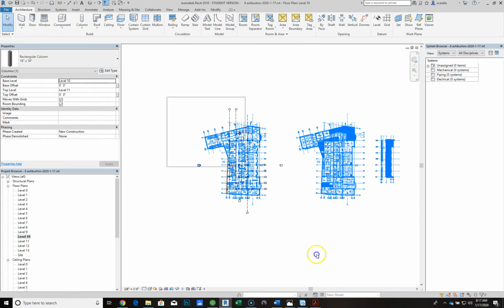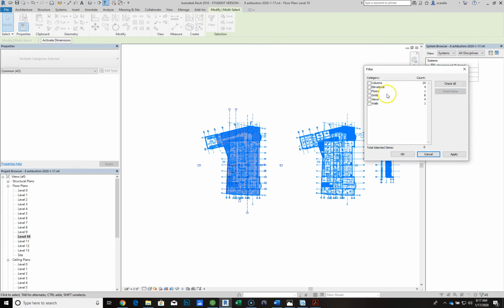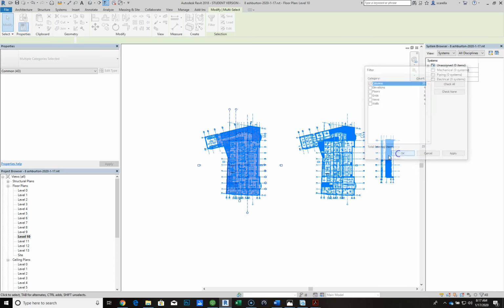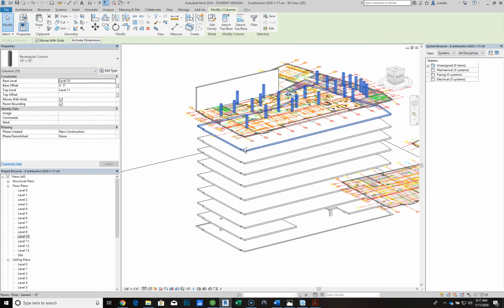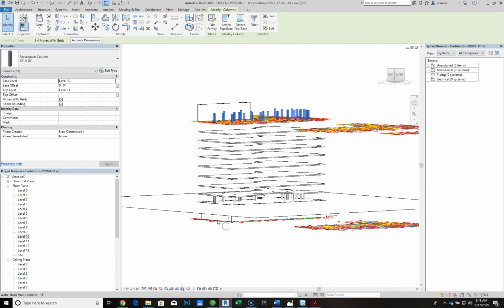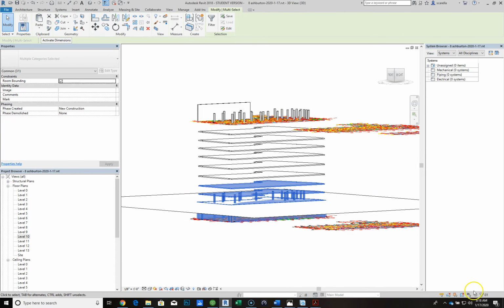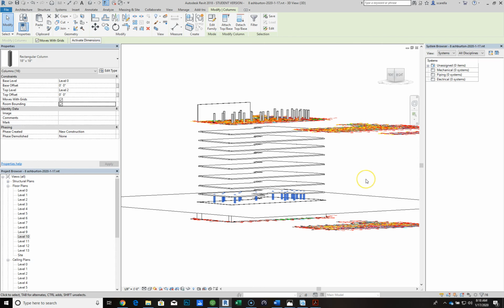Okay, so let's select everything here and just go to this filter to filter out everything but the columns. We have 25 columns. Is that right? Yeah. Copy them to the clipboard. And let's just remove all the other columns that we have. So I'm going to select everything in here, uncheck everything but the columns, delete those,